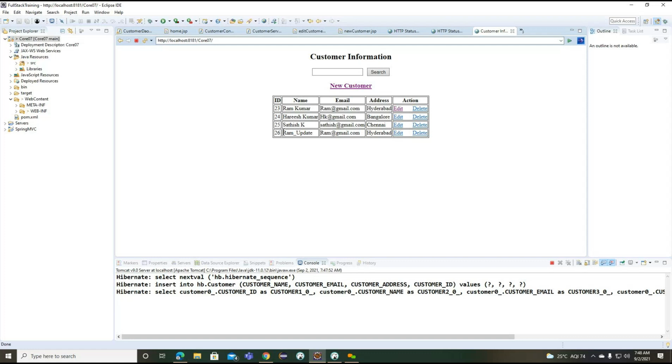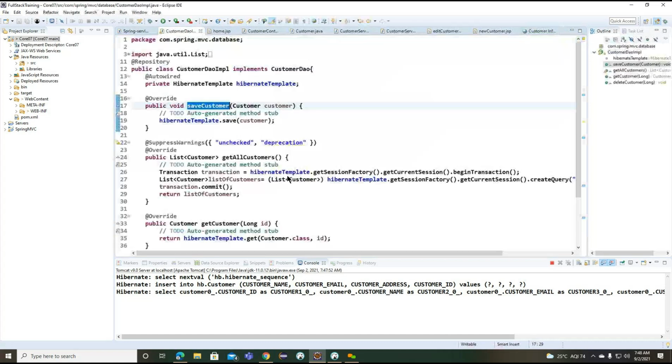Now you can see we are getting a new record here. Getting the point. So instead of updating the existing record here, we are getting a new one. So why are we getting a new one? Because we are calling the save method. We need to call the save or update method to update the existing record here.